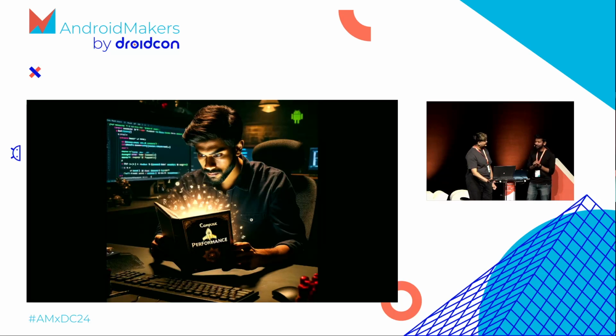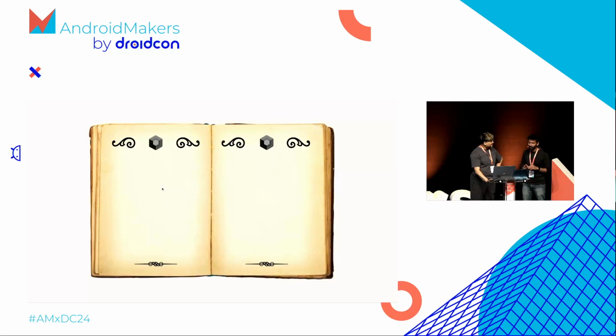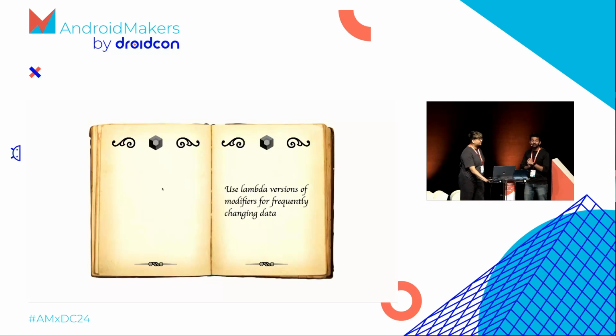And this book had a dedicated section on debugging these recomposition issues. And I just immersed myself in the wisdom shared within this book. The first few pages said, use Lambda versions of modifiers for frequently changing data. So what that means is,